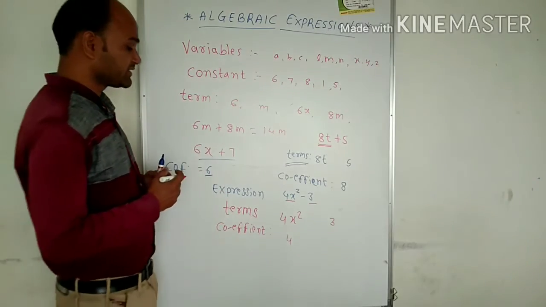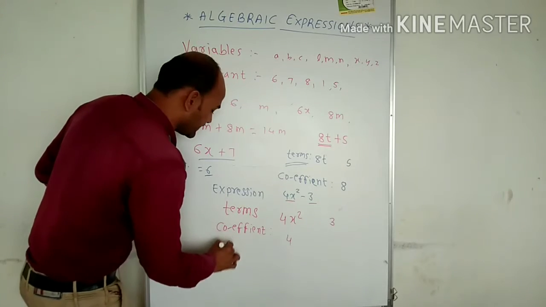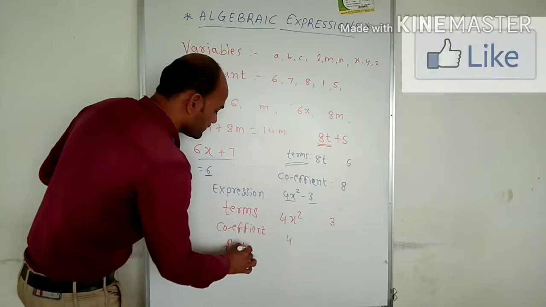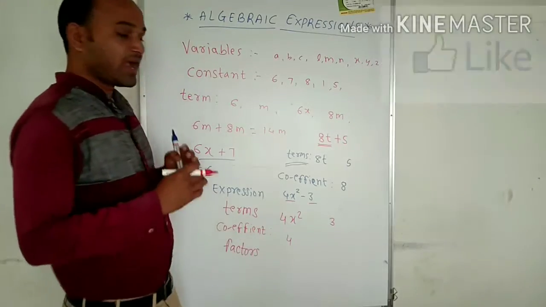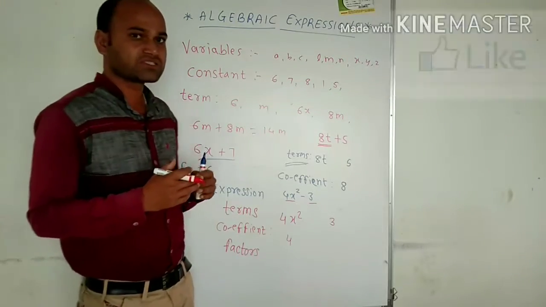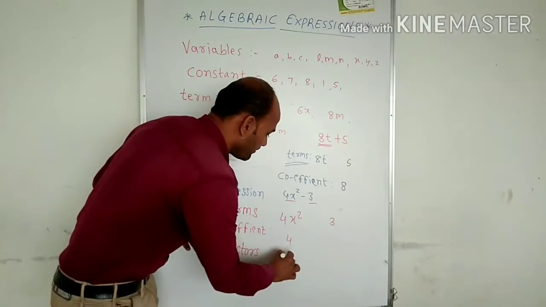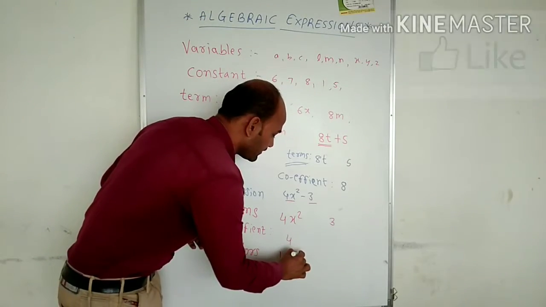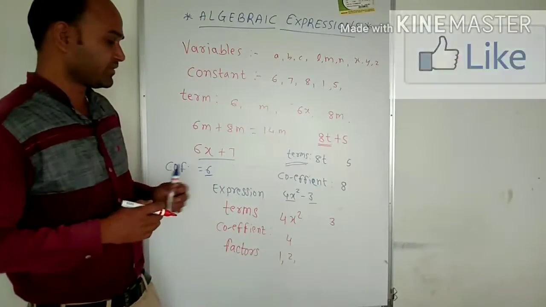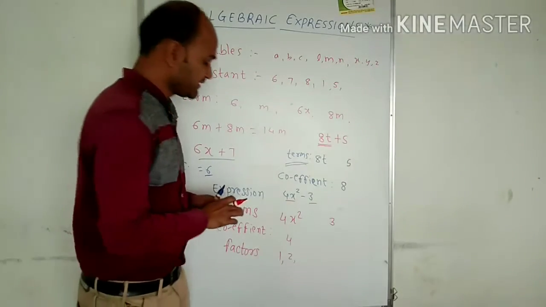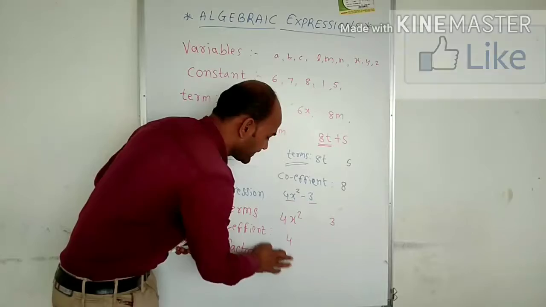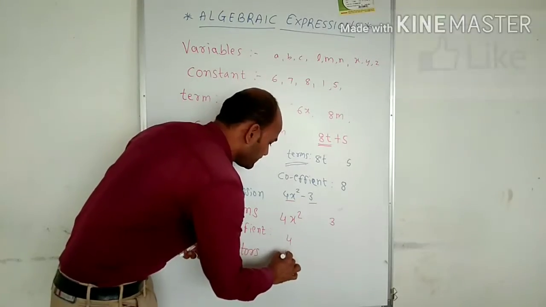And the next one, we can see here the factors of 4. As you know, the factors of 4 are nothing but 1, 2 and 2. 1, 2, 1 and 2 are the factors of 4. Otherwise, we can take here that 4 is the factor